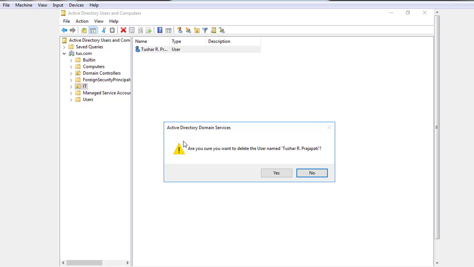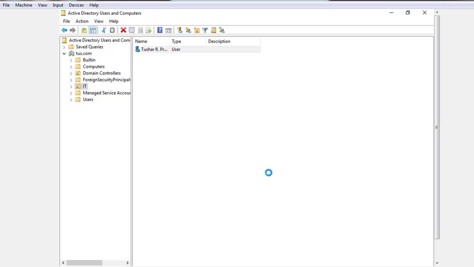Are you sure you want to delete the user Tushar Prajapati? Yes. Now there is no item in this organizational unit. Close this.